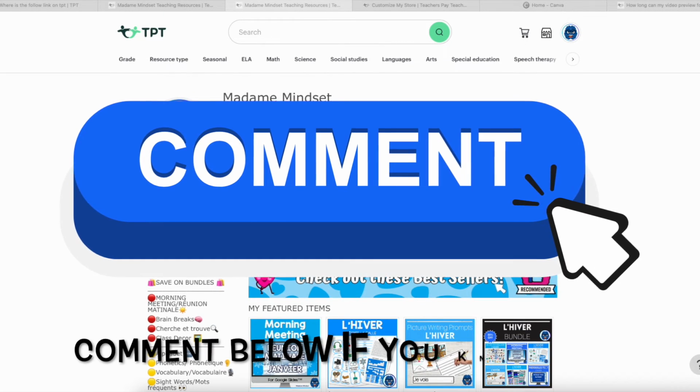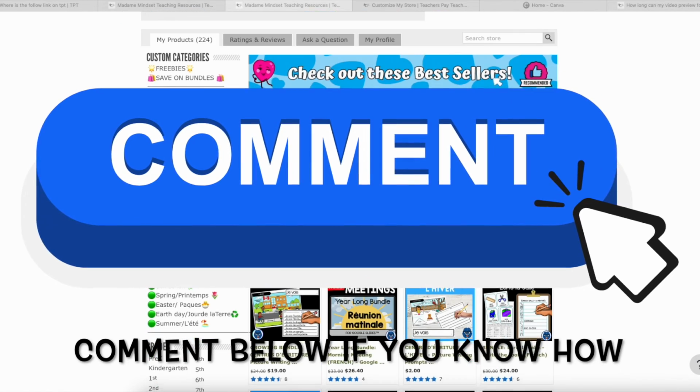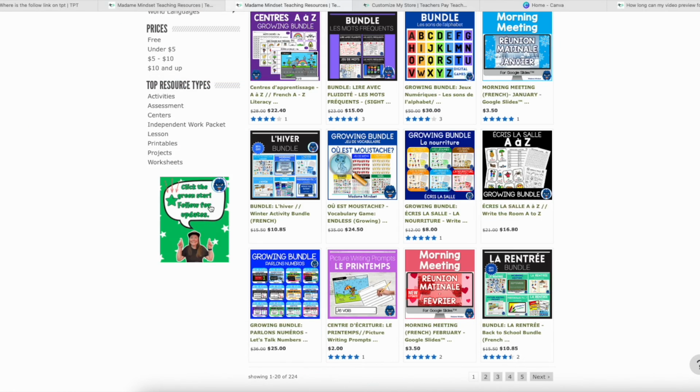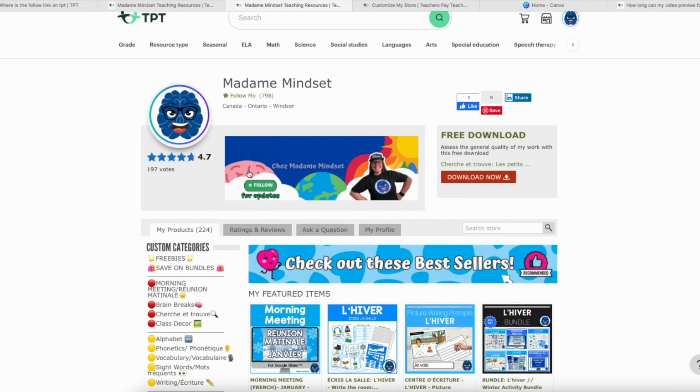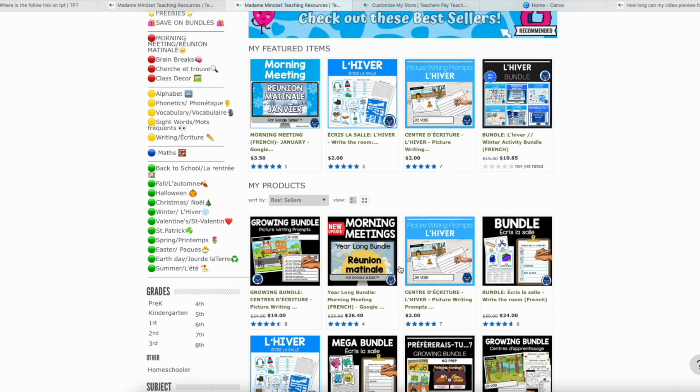I have checked and I cannot figure out how to do the follow link. So all I've done is down here at the bottom. It's pretty small, as you can see. I probably need it to be bigger. I should maybe put this behind my head so that the words can be bigger. Definitely. That should be a change I should do. But this does go to the Save Big on Bundles, and this does go to the best sellers,